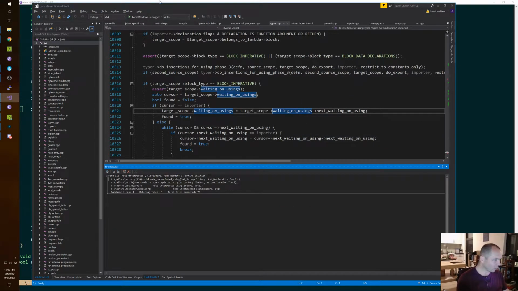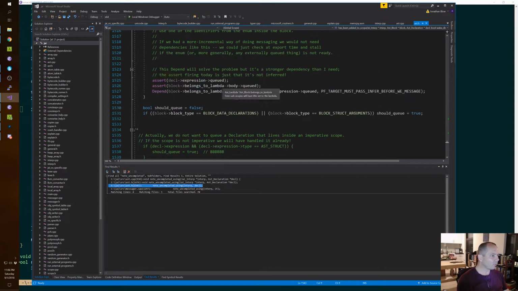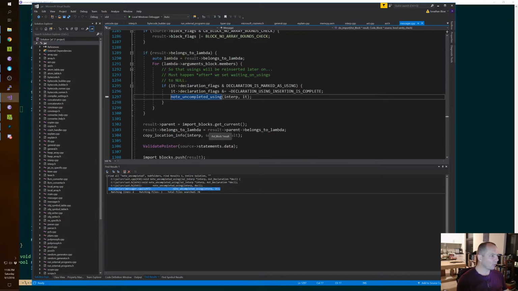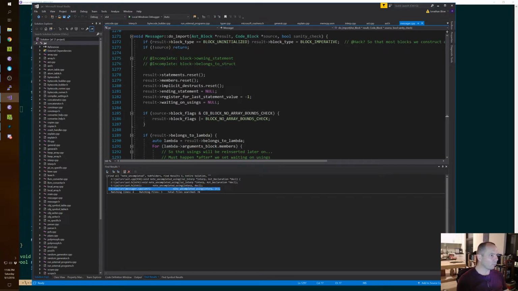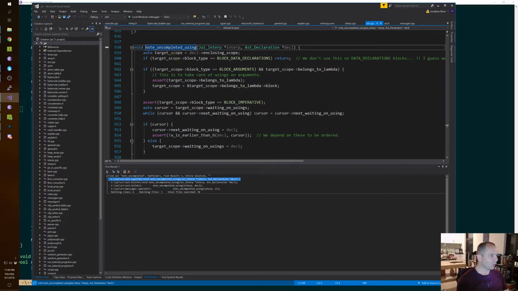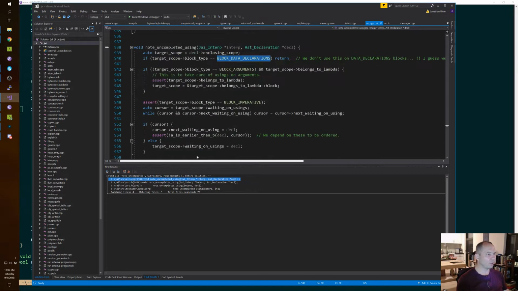Let's go back there. When do we call it? Anytime there's a declaration that is marked as using. What is this? Oh, this is if we're importing a declaration that's marked as using. Okay. Here, note uncompleted using. If it's data declarations, we don't do it. Why? Because we use dependencies. That's not going to fly.